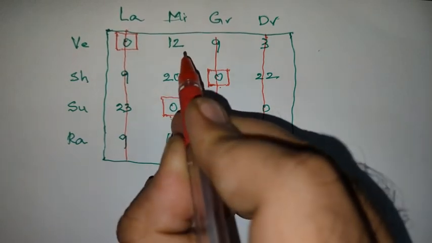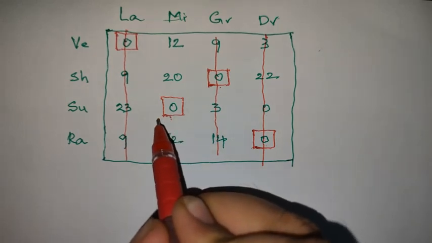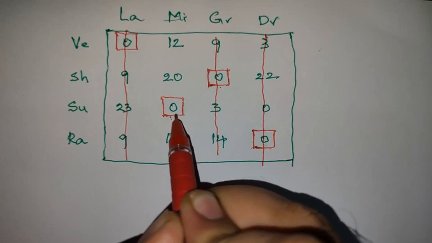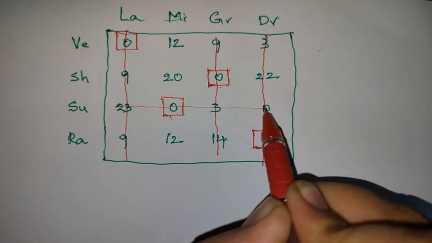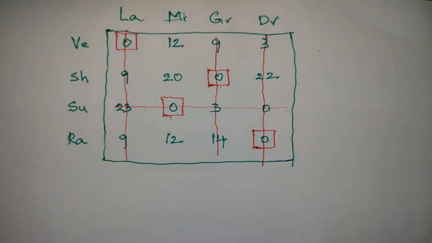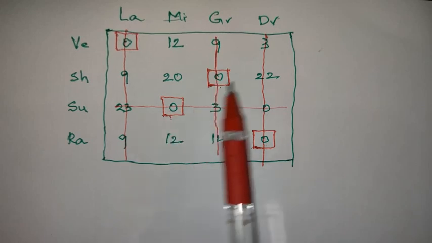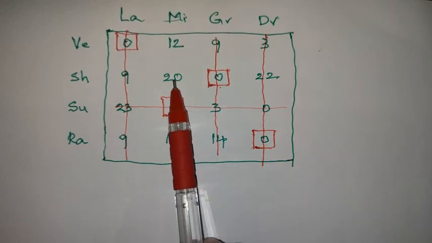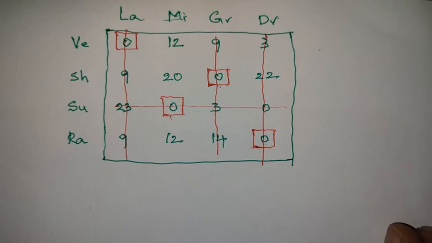And if we are doing the column scanning, then we need to draw a horizontal line where that 0 was boxed. So here the 0 was boxed in third row. So strike off that row. And now check whether all zeros were covered either by the line or box. So the remaining values are 12, 20 and 12. So here the zeros are not there. So that's why all zeros were covered.